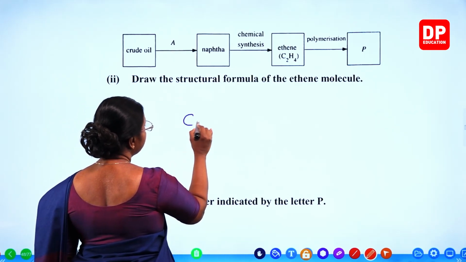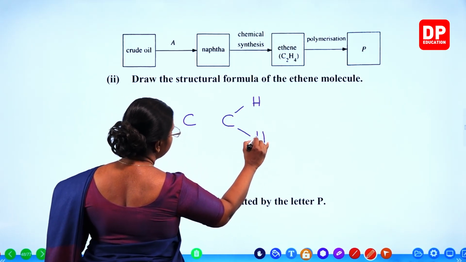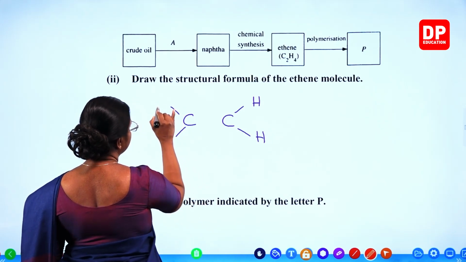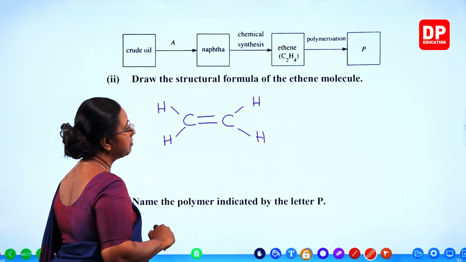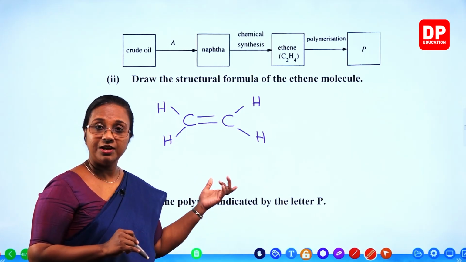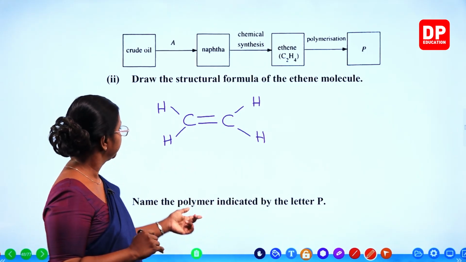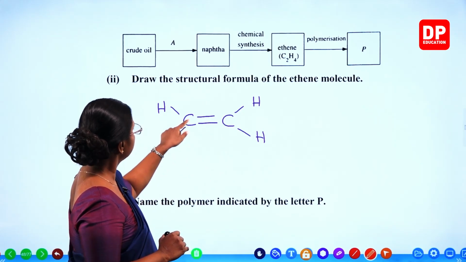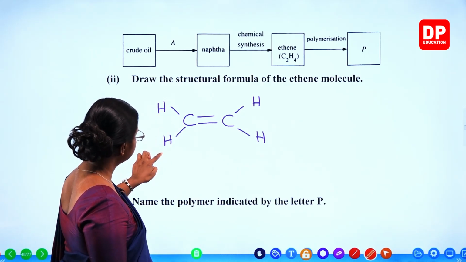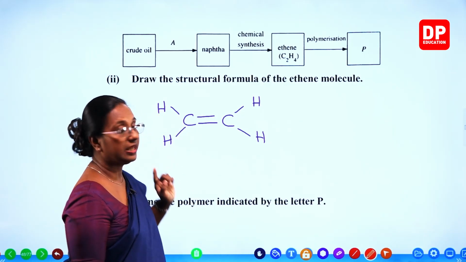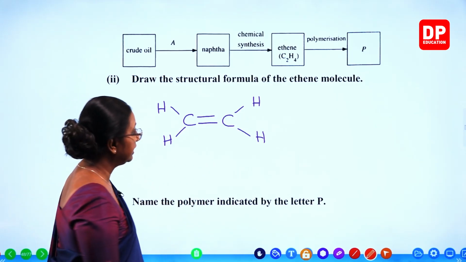So there are two carbons like that, and there are only 4 hydrogens. So obviously when these hydrogens bond like this, carbon valency 4, there are only 2 bonds. So there is a double bond between the 2 carbons. Anyway, you are familiar with this structure. It is the monomer for polythene. 2 carbons, there is a double bond, and 2 CH bonds here. So a CH bond, another CH bond. So there are 2 hydrogens on each carbon. That is the structural formula of the ethene molecule.